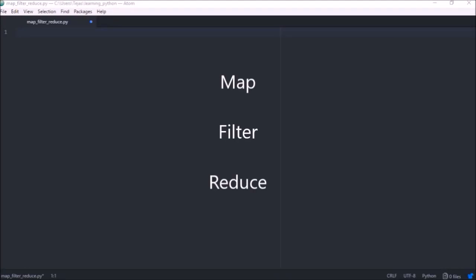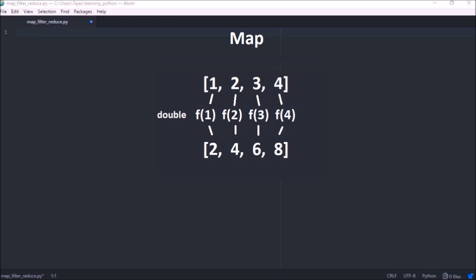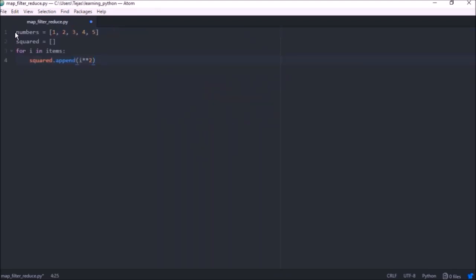In this video I'll be covering map, filter and reduce functions. The map function gives us the ability to apply a function to all elements in a given list. So let's say we have a list of numbers and we want to return back a list of the squares